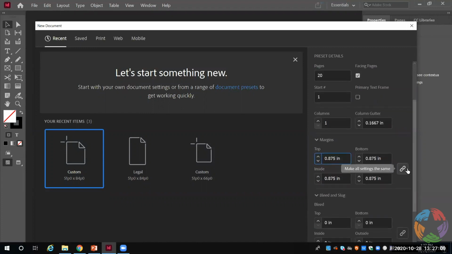Now you can adjust this link sign over here. When you break that, it allows you to change the bottom or top, have it more or less than any other side. Now, if you link that, it's going to change everything around it to be the same. Now, I don't want it to be an inch and a quarter all the way around, so I'm going to go back, change that back to